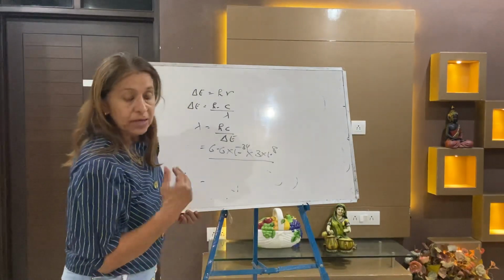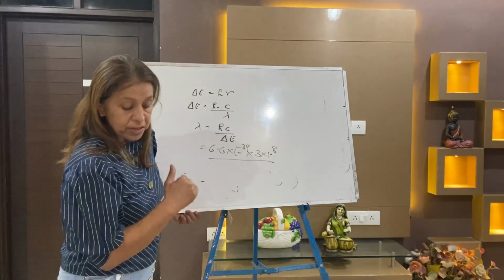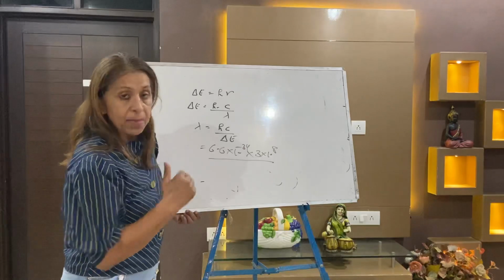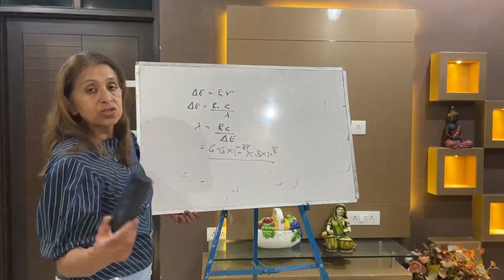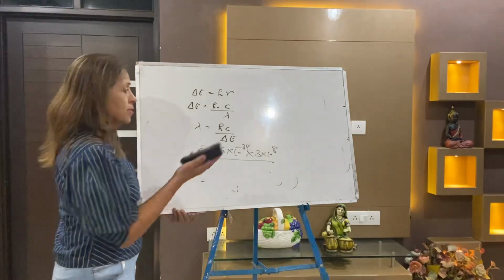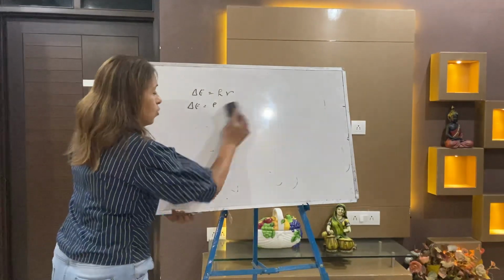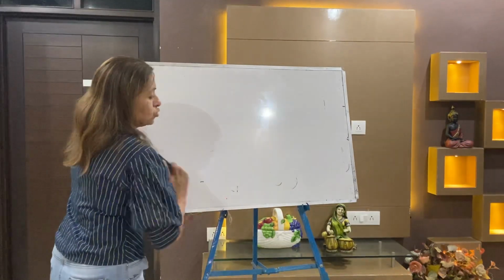What is the wavelength of the light emitted when the electron returns to the ground state from n is equal to 5? The ground state energy is not given in joules, it is given in ergs. So you can use the energy in joule by converting erg into joule.